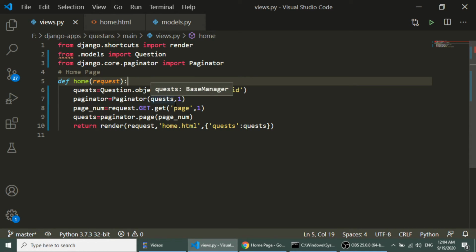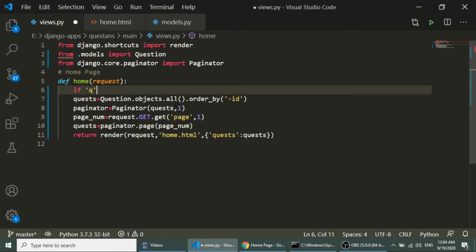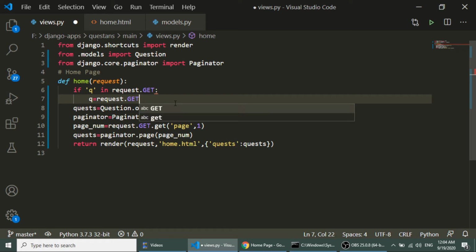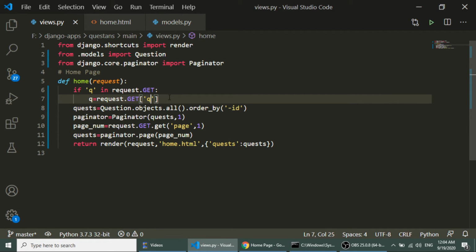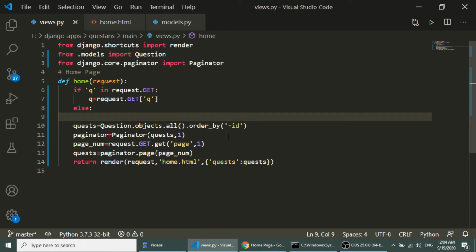Now in the view page we will check if q in request.GET, then we will get the value of q in the variable get q, and we will add the filter, else we will fetch all the questions.